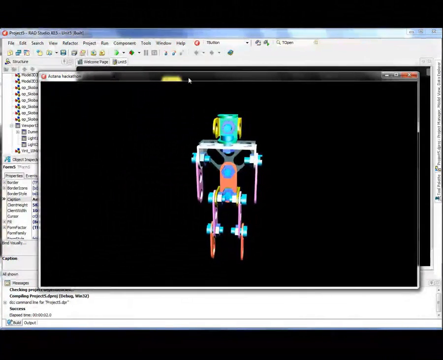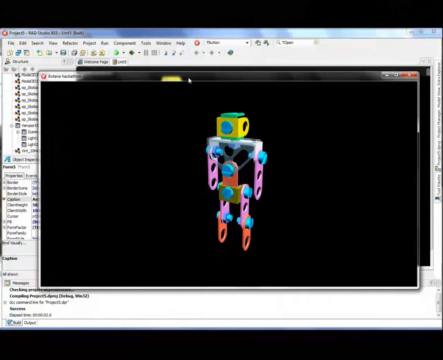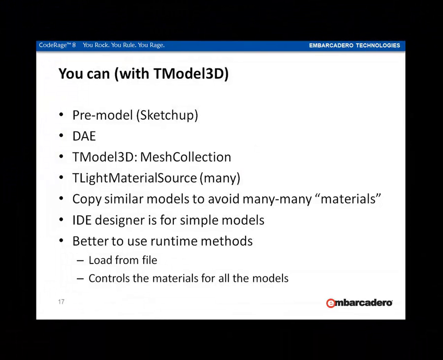This 3D model, with the transparency of the body part, took less than 30 minutes. SketchUp is okay for pre-modeling, but you can use another tool. DAE is a more stable format. Sometimes if you miss some meshes, which you get from an intersection operation in SketchUp, you need to redraw them manually in SketchUp. I guess it's SketchUp, not Delphi. So test the models in Delphi and correct them in SketchUp then.